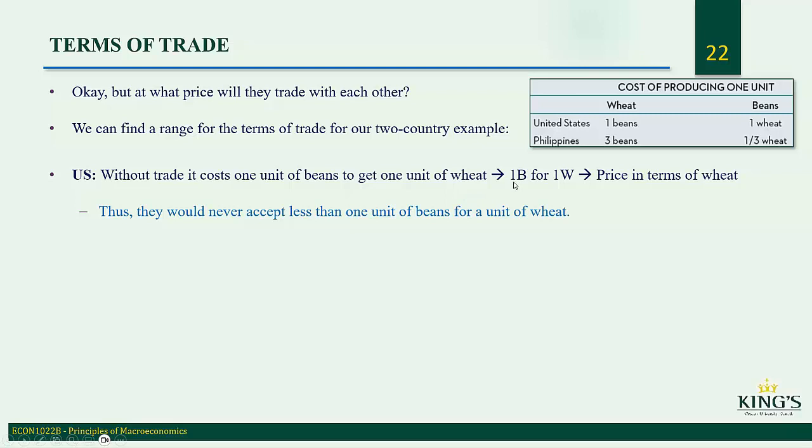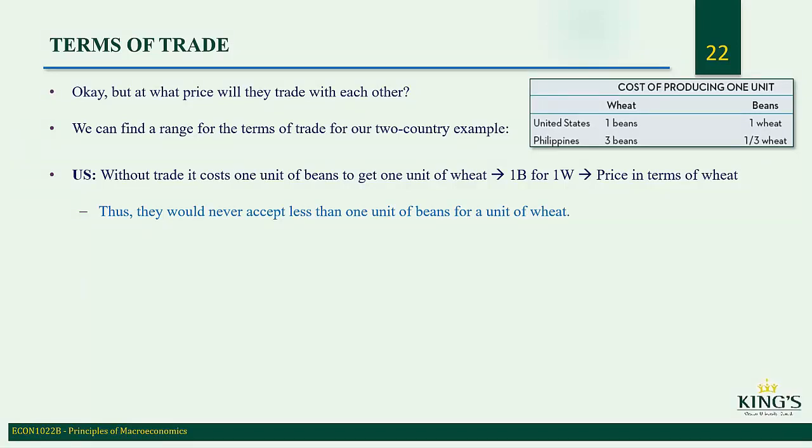You could think of 1 bean for 1 wheat. And so this is the price in terms of wheat. So they would never accept anything. So remember, again, what they're specializing in. So the United States would specialize in wheat. So they would make wheat. So they would never accept anything other than 1 bean per unit of wheat, because that's what they can do